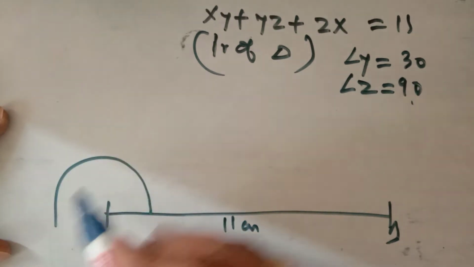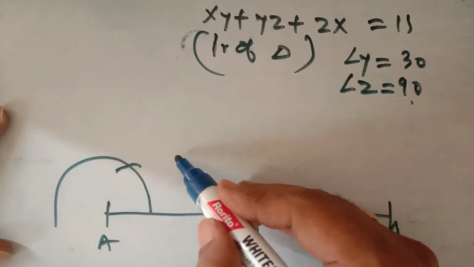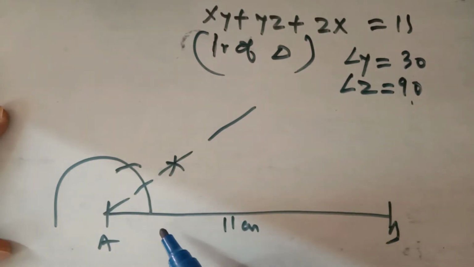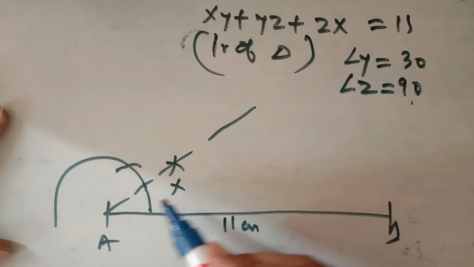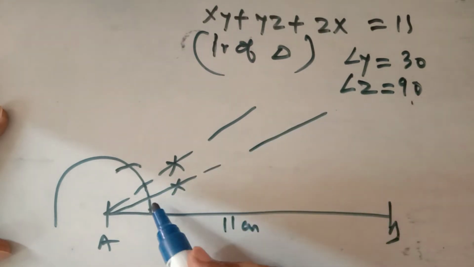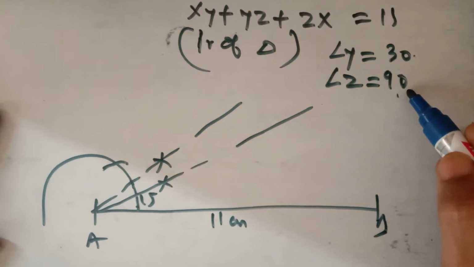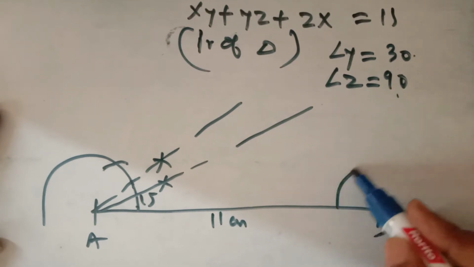First of all, you know this is the angle of 60 degree. When you bisect it, you will get an angle of 30 degree. When you bisect this, you will get an angle of 15. So like this, you draw it 15 degree, half of the given angle. Here at the other end, you have to draw the half of angle of 90 degree, that is 45 degree.